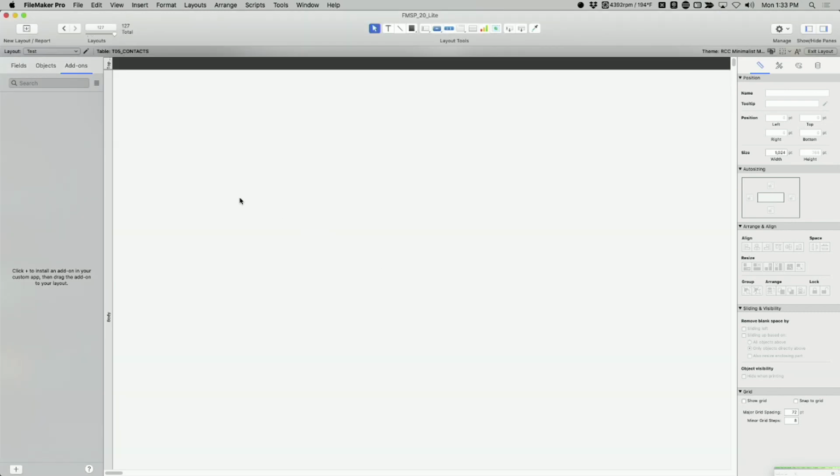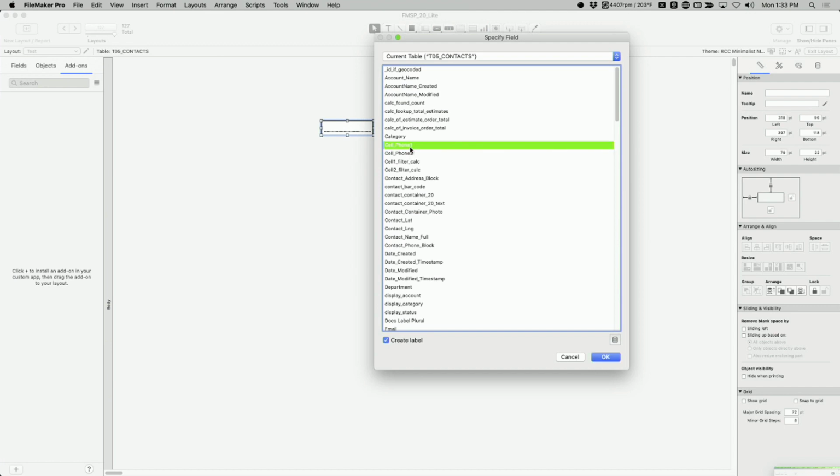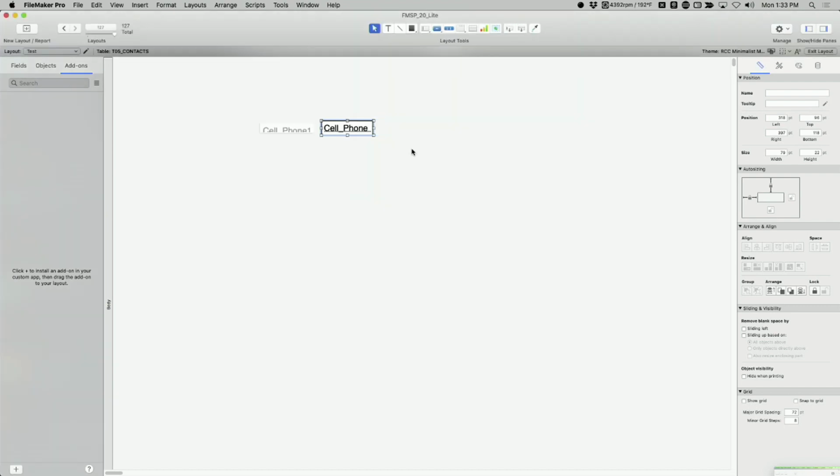It's totally blank. There's almost nothing, a little bit of description to explain that there's a header part here and a body, and there's not even a footer here. So all we have is a body. Now this is about as bare bones as it can possibly get. If I drag a field on here, I'm just going to drag down a field, and I'm going to ID it as cell phone.